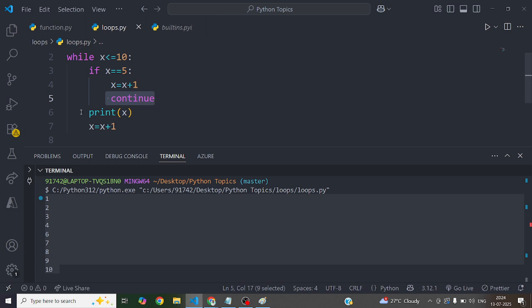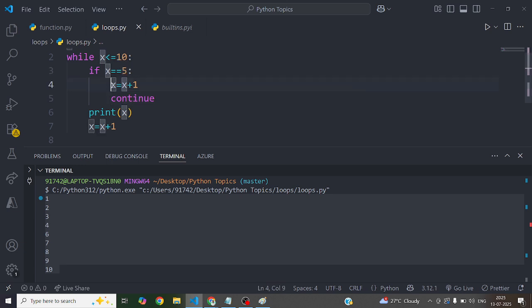So for this 5, whenever it hits this continue, it will not come to the lines after that. After this continue keyword, whenever Python reads that, it understands that it doesn't need to go after this continue statement, because the user wants that for this case no need to print the value. He is very confident that for this number it should not be printed.